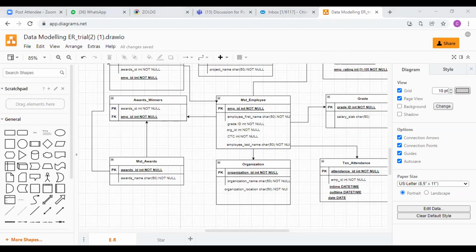Grade, please write MST underscore grade. Grade detail. Grade में सिर्फ salary नहीं आता. Grade falls in what category? Is it technical, non-technical, support, operations? You can have grade category as a different master table. Let's say HR, support, admin, ops, security, everything has to come. And then grade is non-technical, technical,